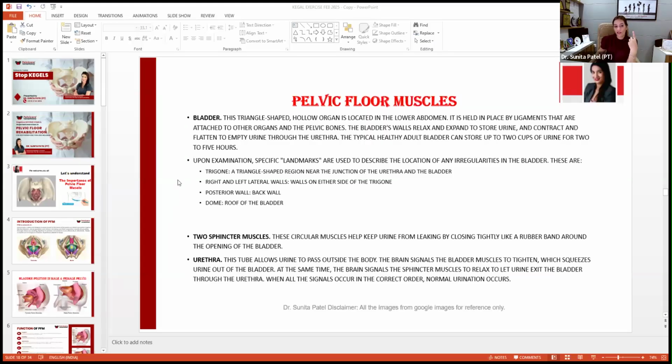We have three organs anteriorly in a female body. We have the clitoris, with muscles supporting sexual functioning. We have urethral muscles supporting the urethra separately, and muscles supporting the vagina separately. But in a male, the sexual and bladder functioning are maintained by one organ, the penis. So some muscles are fewer in a male as compared to a female, because a female has three openings, so there should be three parts supporting, but in a male one organ is doing the functioning, so muscles are fewer in number.